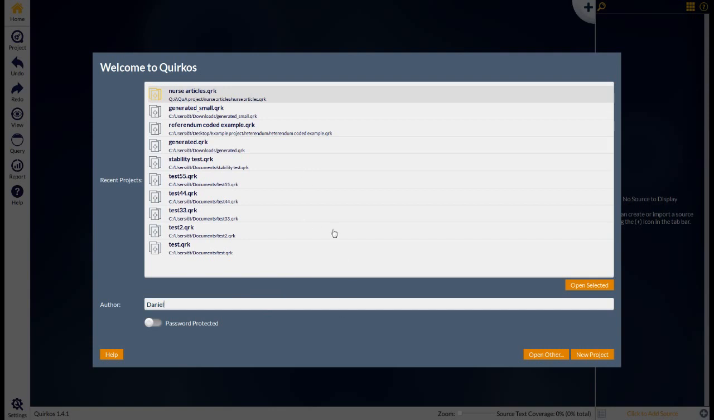This is the screen that appears the first time you set up Quirkos and run it. And this basically gives you a list of the previous files that you've used. But what I'm going to do here is create a new project with this button on the bottom right side